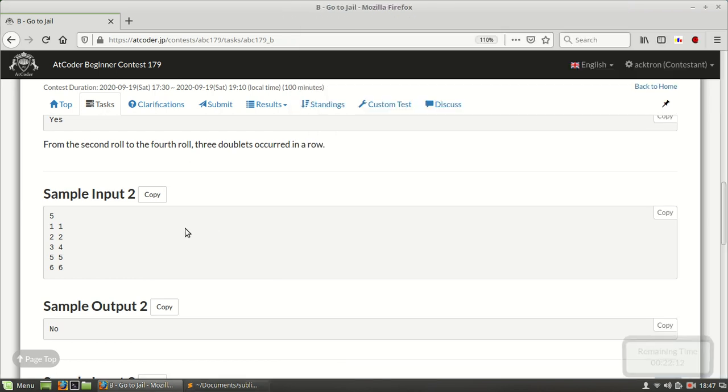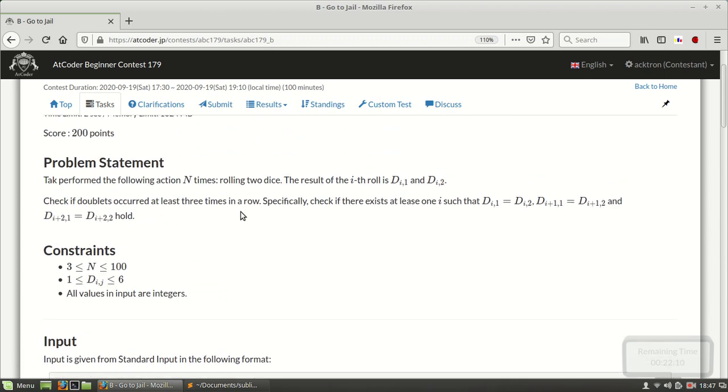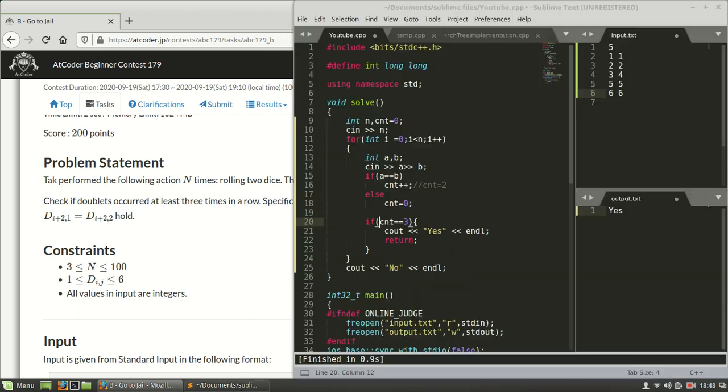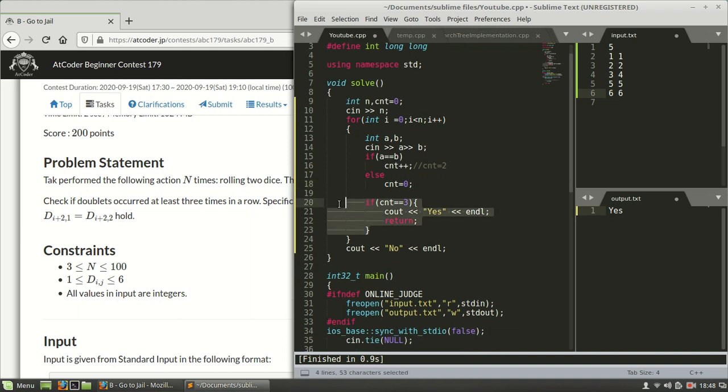The question is asking that it should be at least 3 times, but what we get is only 2 times. So we will not get inside this condition, we will get out of the for loop, and we will simply print no. This is the code.